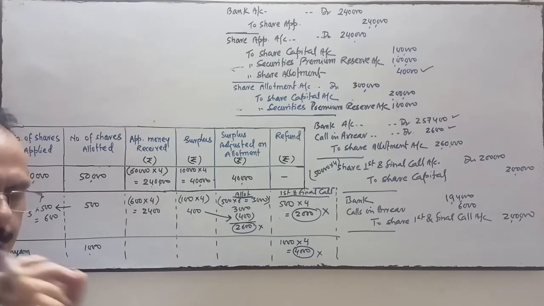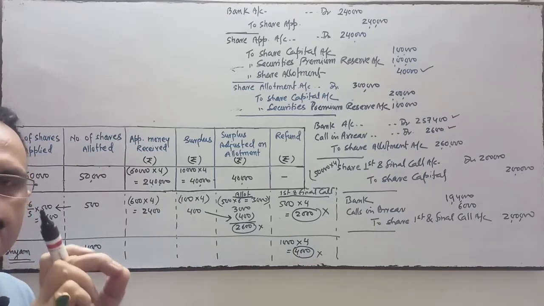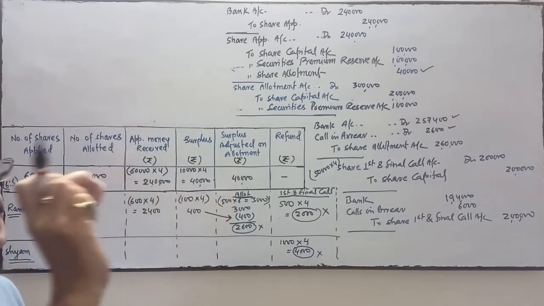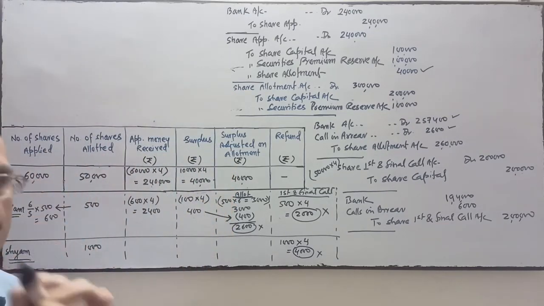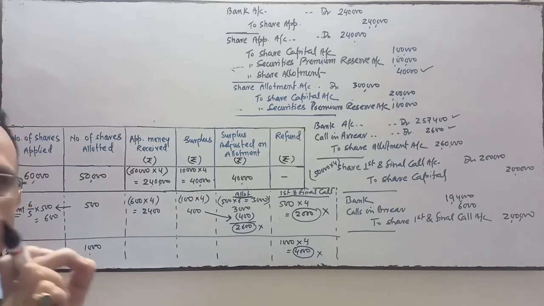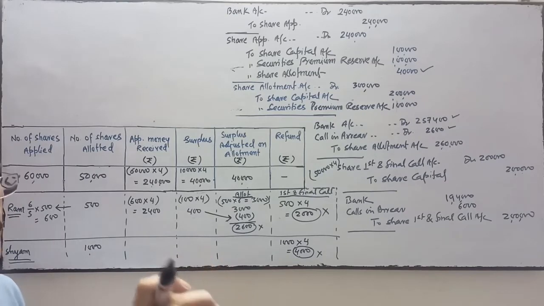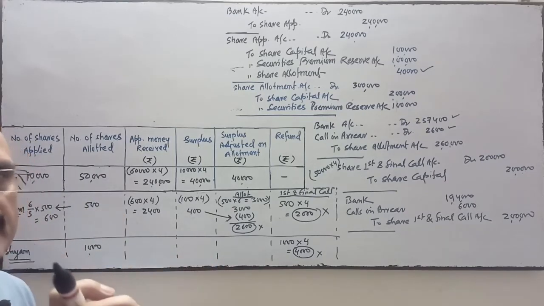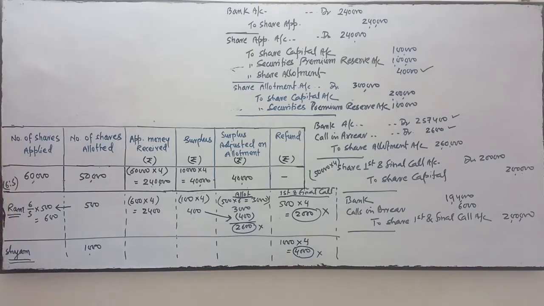In the entry of forfeiture, share capital will be cancelled. That's why share capital will be debited. Share forfeited will be credited. Whatever amount the defaulter has paid to the company whose share is going to be forfeited, that amount will be forfeited by the company. That amount is not going to be returned by the company, and calls in arrear related to the forfeited shares will be cancelled, and that's why calls in arrear will be credited.